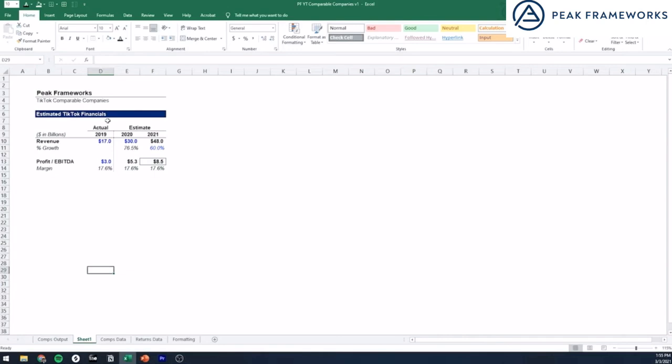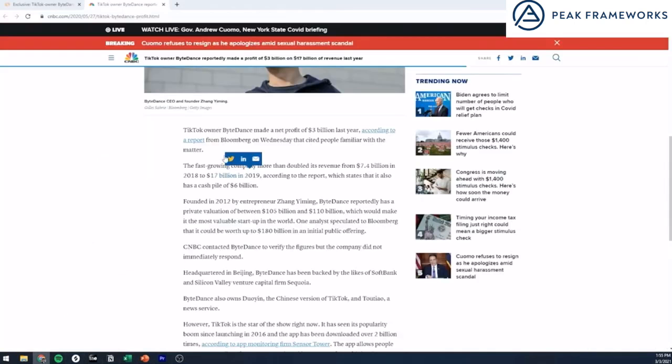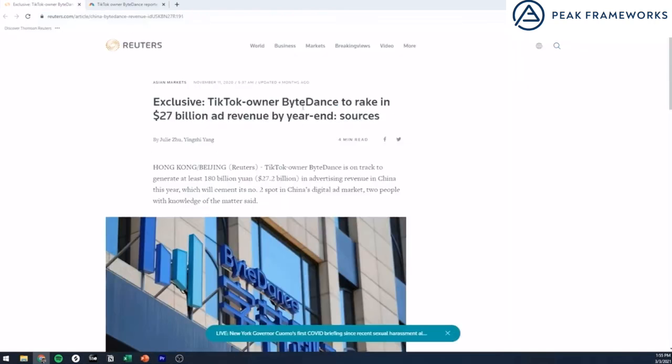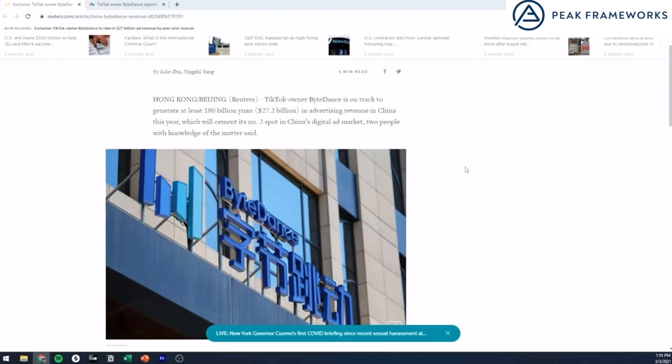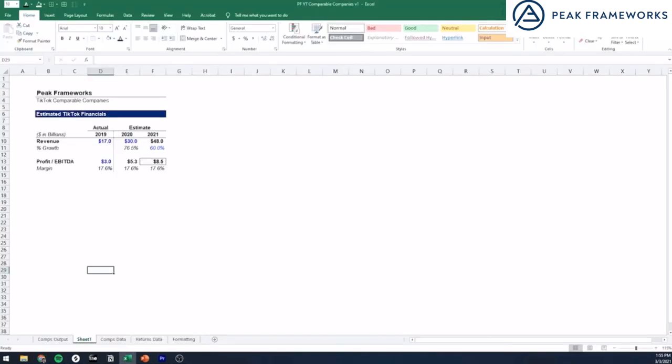Now, TikTok belongs to a private Chinese company, so they don't have very good data available. What I had to do was go through a couple of articles in which it said they generated $17 billion in 2019 on $3 billion of profit. And then I saw in 2020, it was forecasted to generate $30 billion. So I used those numbers, which again is not too much to go off of, in order to come up